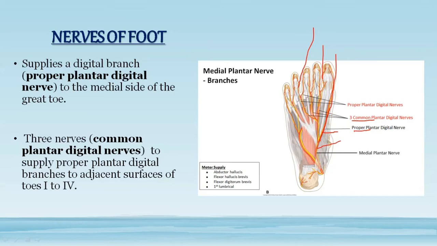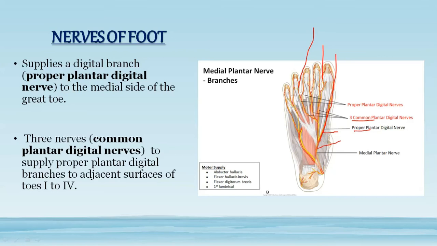Simply remember that the medial plantar nerve supplies first, second, third digit and the medial side of the fourth digit. Clear? The medial plantar nerve supplies the whole of the first, second, third digit and the medial side of the fourth